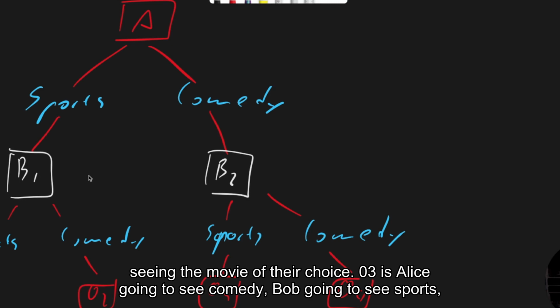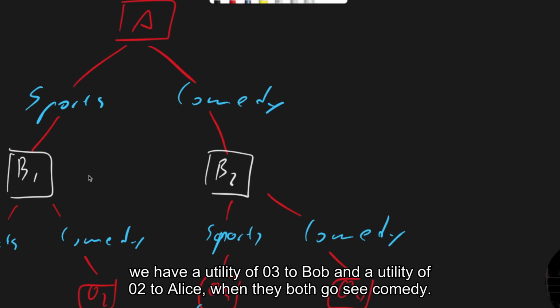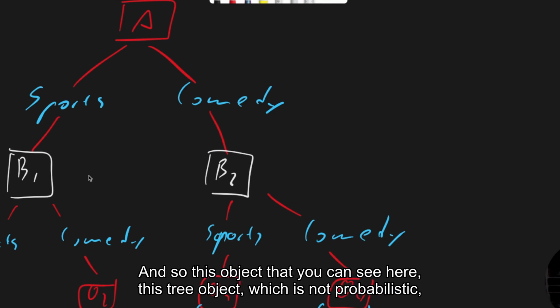O3 is Alice going to see comedy, Bob going to see sports. That's the movie that neither of them like to see, and they're seeing it alone. And then finally, we have a utility of 3 to Bob and a utility of 2 to Alice when they both go see comedy. And so this object that you can see here, this tree object, which is not probabilistic,